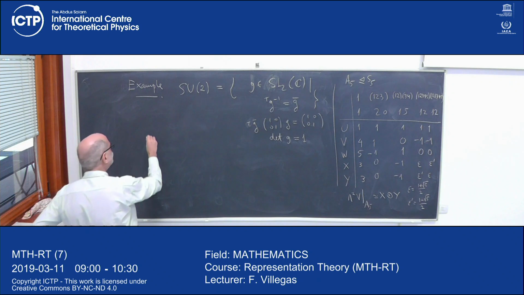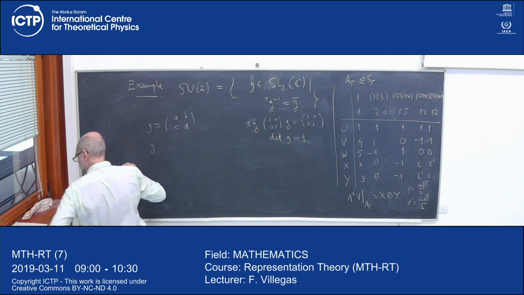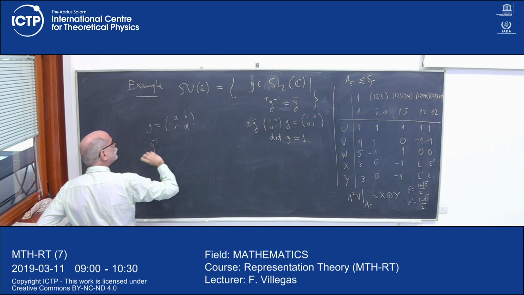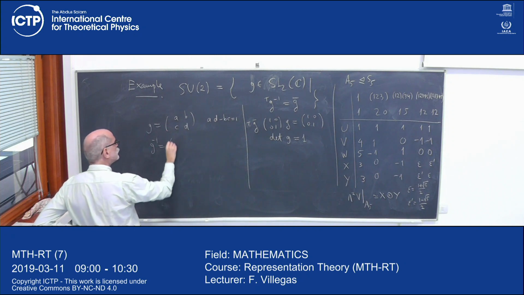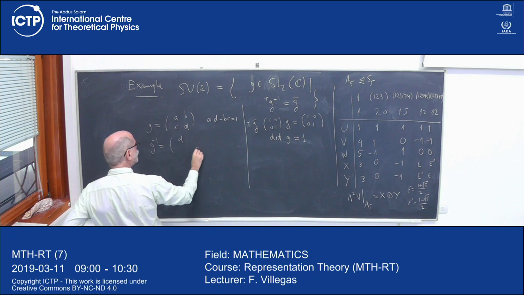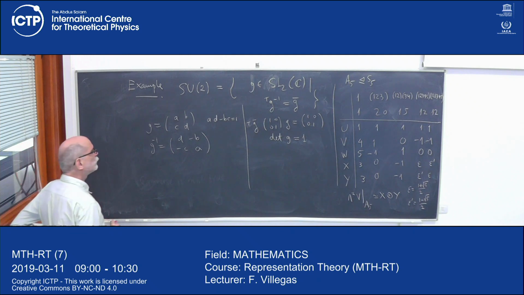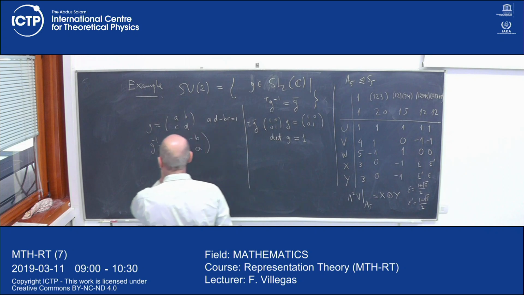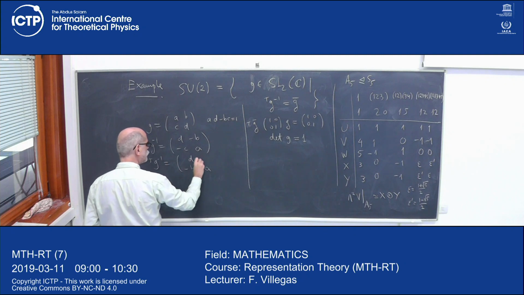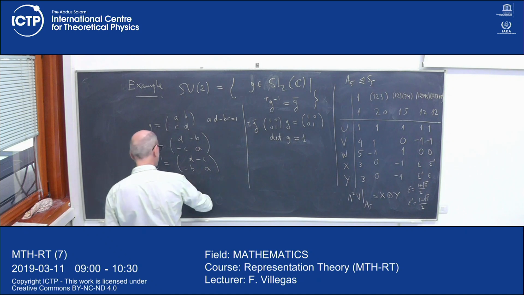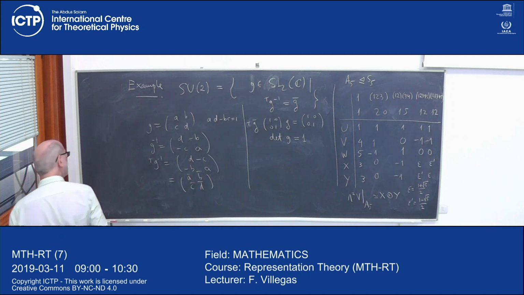Okay? So concretely, if G is a matrix with entries A, B, C, D, then since we want this condition to hold, and we want the determinant to be 1, so AD minus BC is 1, G inverse is D, minus B, minus C, A. And so we want the transpose of the inverse to be the conjugate, so transpose inverse is D, minus C, minus B, A. We want this to be equal to the conjugate, so A bar, B bar, C bar, D bar, and it follows that G